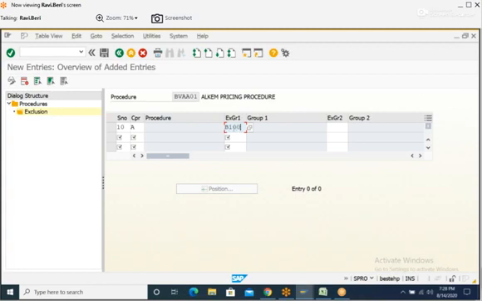That is B100, which we defined in the first step. Mention the exclusion group. In this group, we have 4 condition types: B004, B005, B007, B020, and here we mention that out of 4, propose the best one.